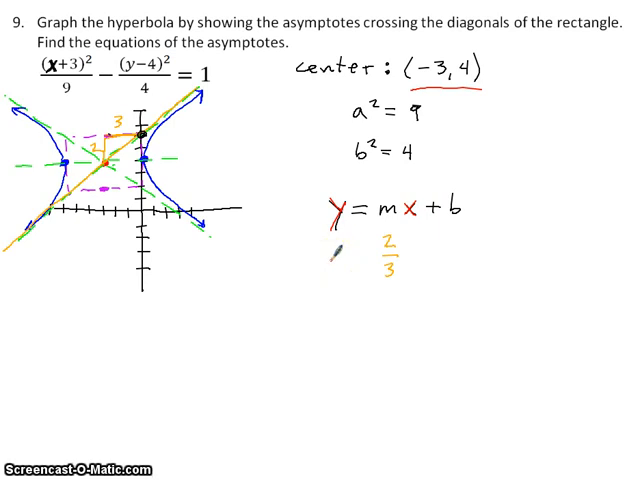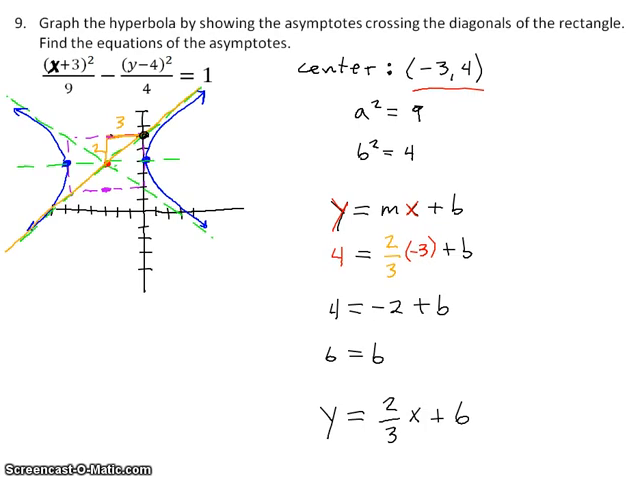So we're going to plug in when y is 4 and x is -3, and we're going to solve for the b value. Okay, solving for b has given me a 6. And that was a pretty good estimate of the point there, and of the y-intercept, I should say. So here we have one